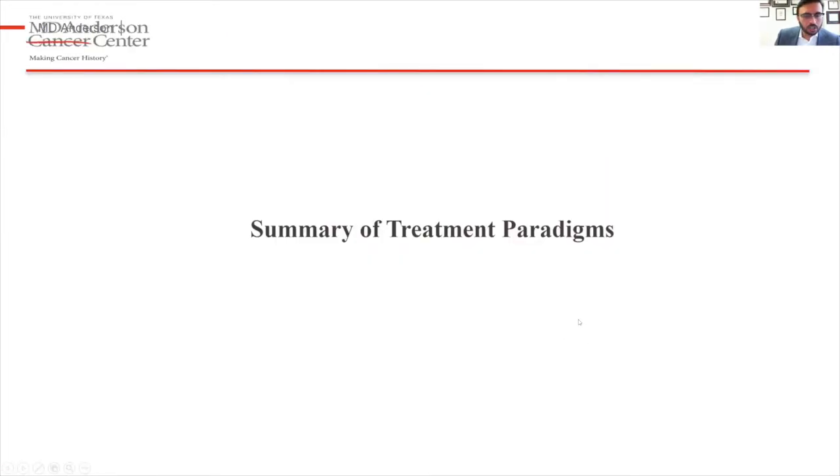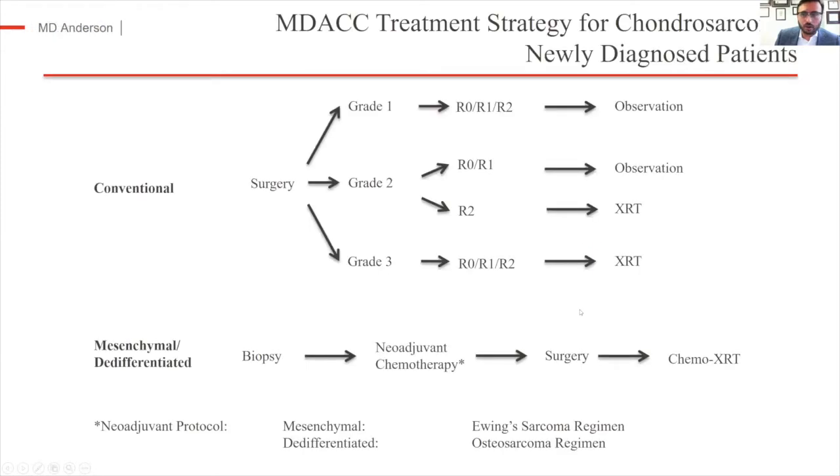So to summarize, at least our treatment philosophy here for newly diagnosed patients with conventional chondrosarcomas, the primary goal is local control. And so we certainly rely on surgery with the selective use of radiation therapy. And so the grade 1 chondrosarcomas, uniformly, we just observe them, and we still have a median PFS of 175